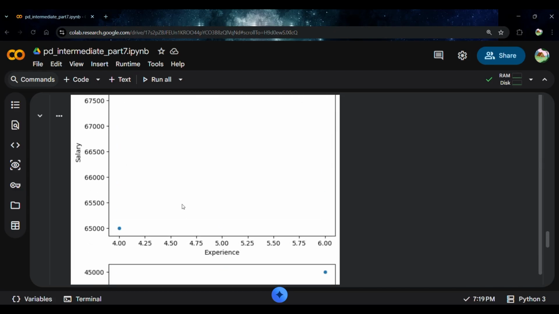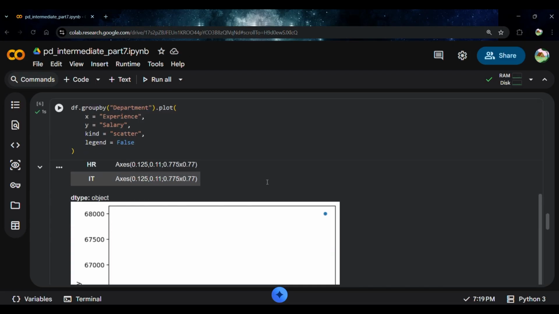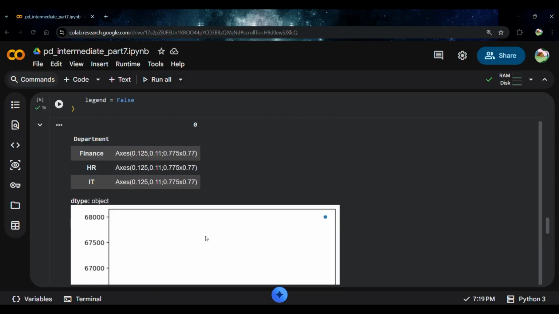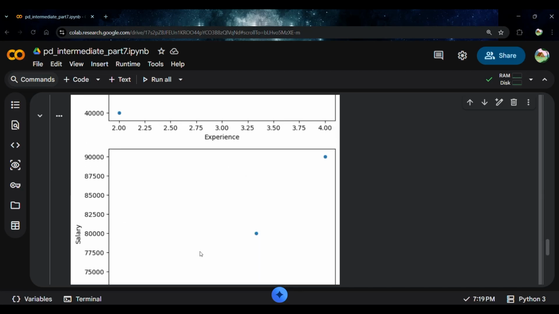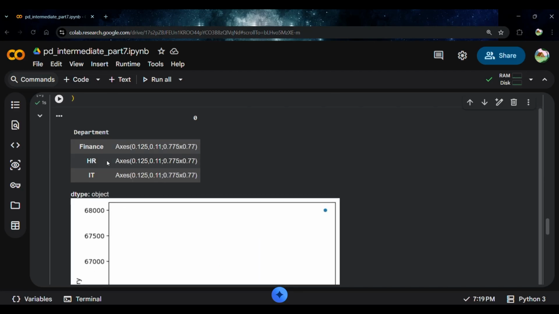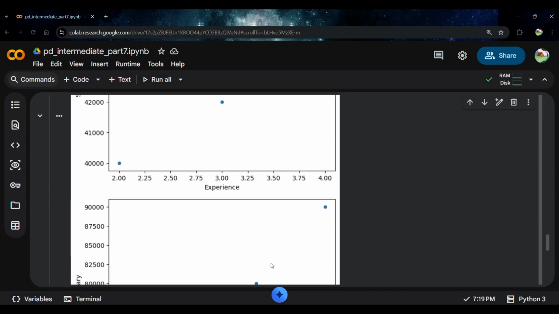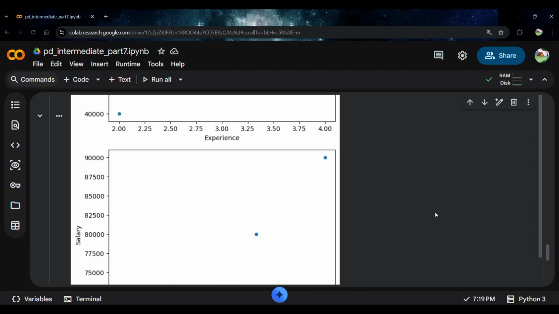Now this allows us to see how different departments reward experience. When it comes to which department, Finance, it's the highest, right? Then maybe if we come to the next part, that is HR or IT, where experience matters the most. Okay, so maybe IT rewards experience more aggressively. Maybe HR has flatter growth or a curve. This kind of visualization helps management decisions, salary planning, and policy design. Okay,